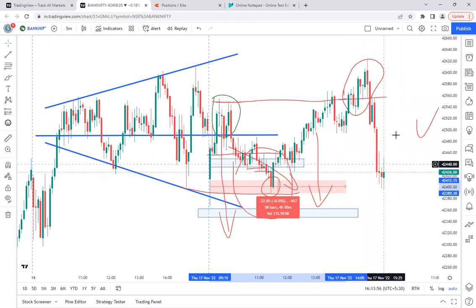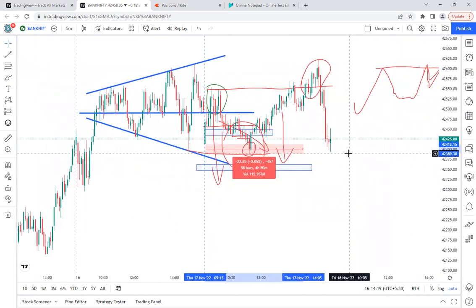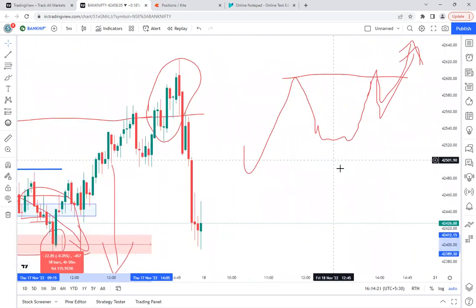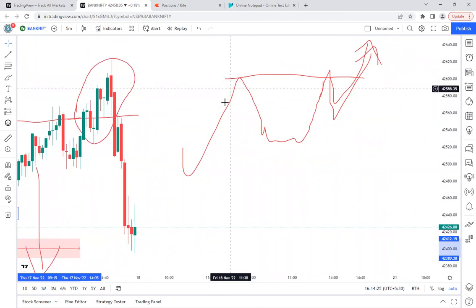We cannot take any position in this zone, because these are very peak hours, closing hours. I was expecting this move anywhere here, but it happened in the last few minutes of the day. So I ignored this move. I have taken only a small position and a small profit here. So this is what I want to highlight here. One very important point: if you're doing intraday trading, this will be very helpful for you.